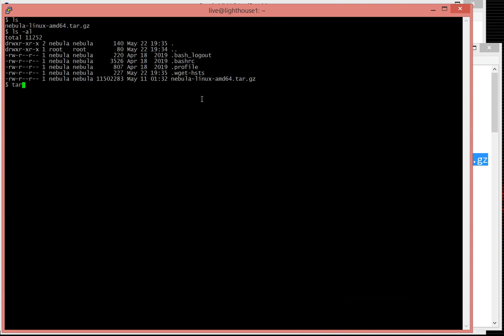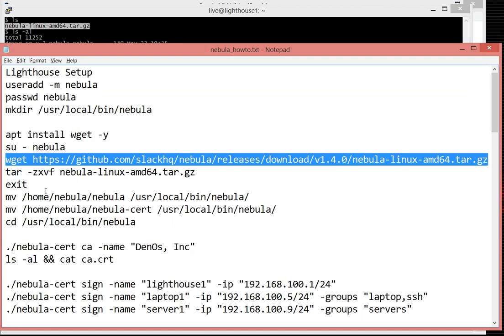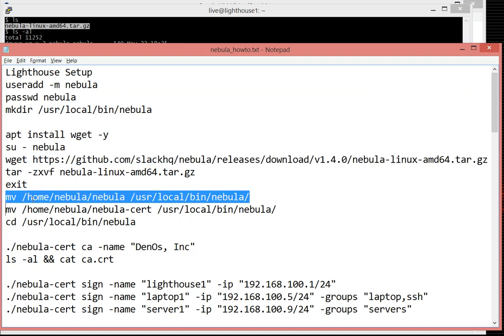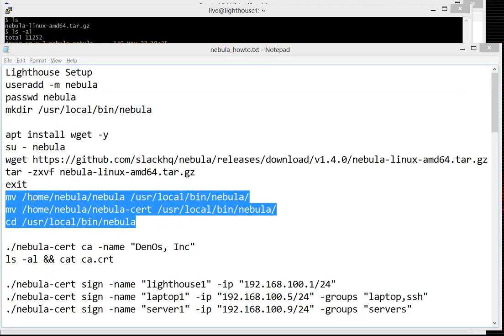And then I should be able to go ahead and paste the wget command. This is right here. I should be able to uncompress it. Nebula for the AMD 64-bit architecture. tar zxvf. I can see it uncompressed Nebula and Nebula-cert. There were two files. I can go ahead and exit from